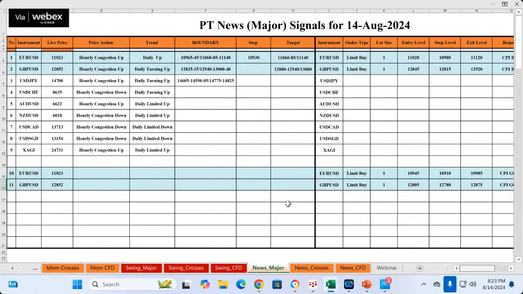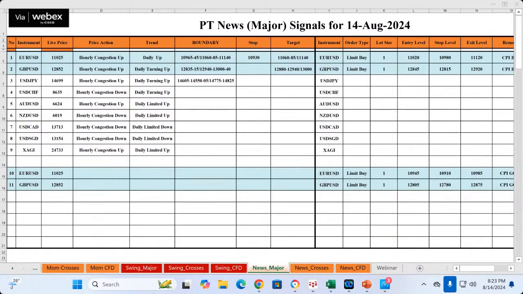So what I'm going to do is give you a pre-announcement and post-announcement. We are going to give you two types of trades. Pre-announcement is before the announcement, what are we looking at? And post-announcement means after the data is out, what are we looking at and how are we going to trade that? Now the next instrument we are looking at is dollar yen.